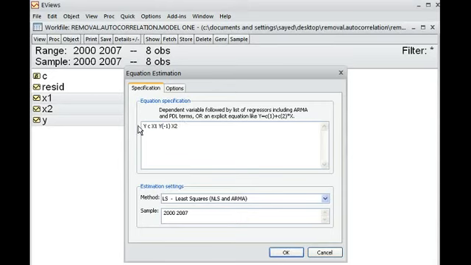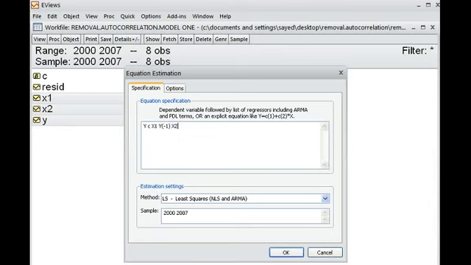So this is our regression model, and this one is actually called an auto-regressive model, because the dependent variable has come as an independent variable. So this type of model is also called an auto-regressive model.